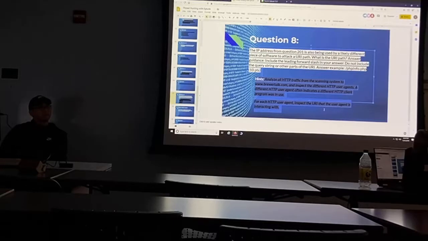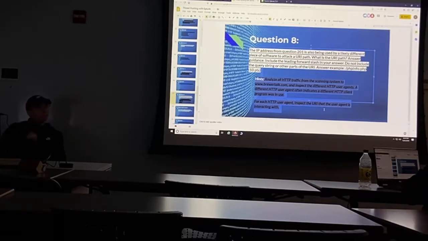How could you have known to use HTTP? We're looking for a URI path. But we know there is an attack being run against something. So what user agent is running that attack, to narrow everything down, and then I can see what they're doing. I can look at all traffic that came from that user agent that was running the attack. But there can also be one IP with two user agents on it.